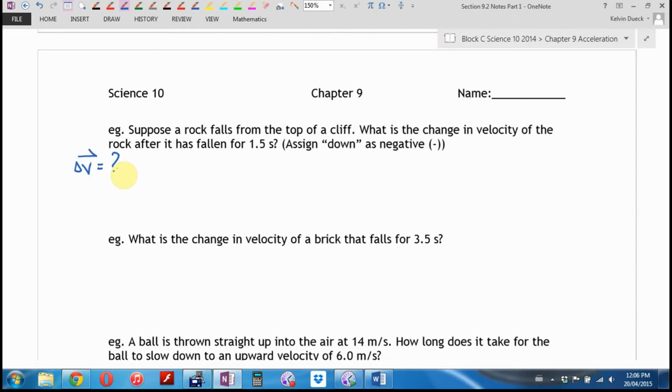Allison, you know what's going to help me figure out which one to go with? The data that they give me. So I look for numbers. I see that there. Allison, can you read to me what I just underlined here? 1.5 what? What is that? Seconds, time. So I'm going to write down